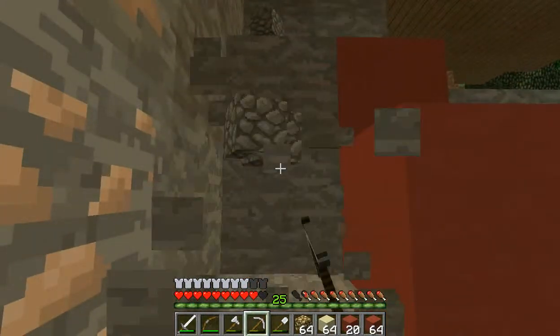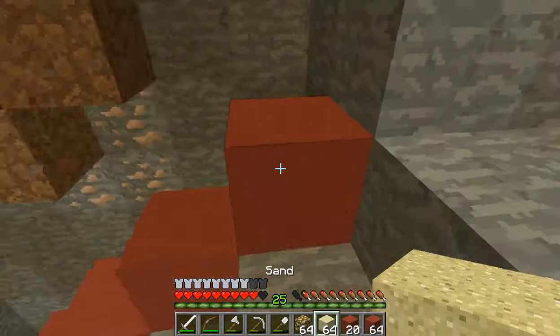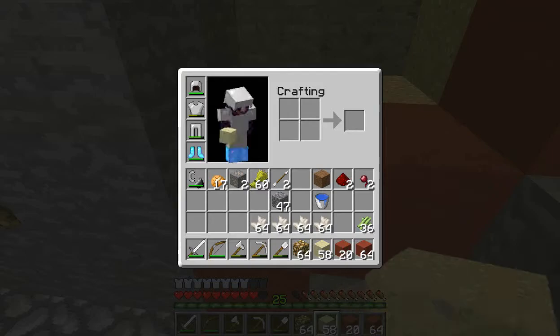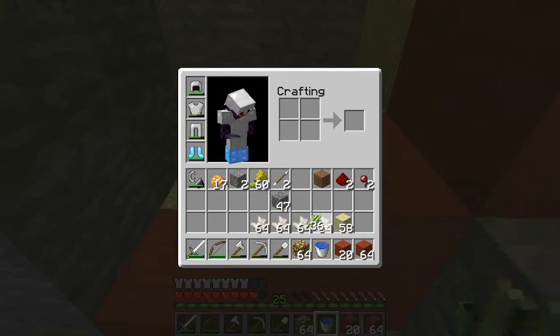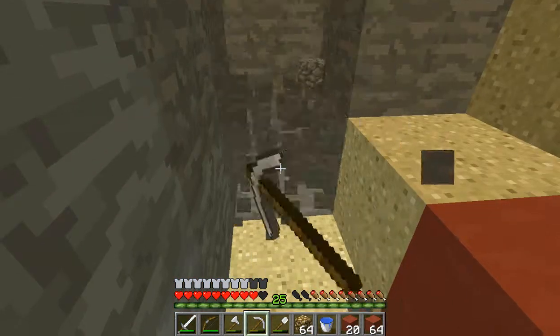And maybe you already have an idea of what I'm about to do. Alright, so let's grab this here. We're just going to do this all the way down the line. And then we're going to grab some sugar cane. Oh, I need water. So that's going to go...